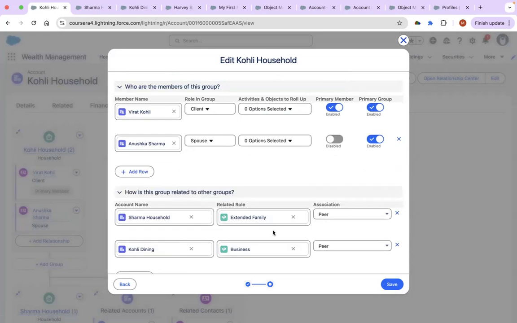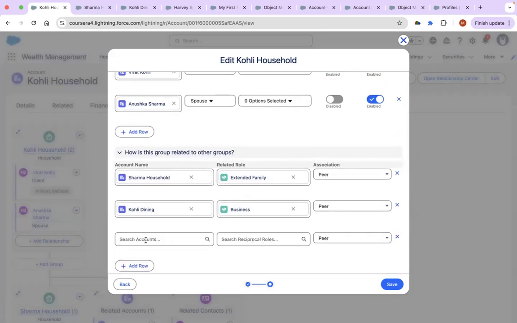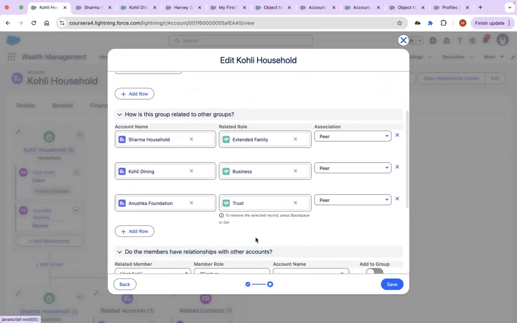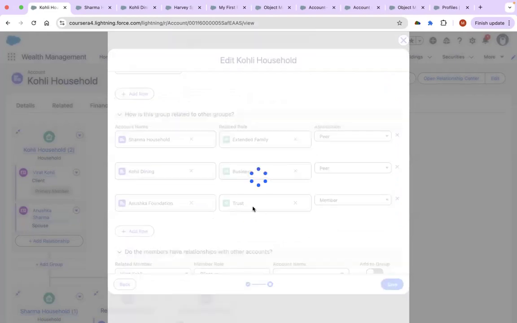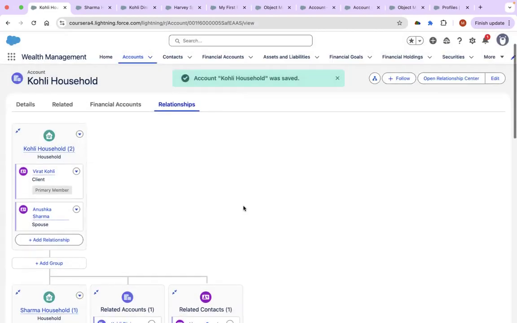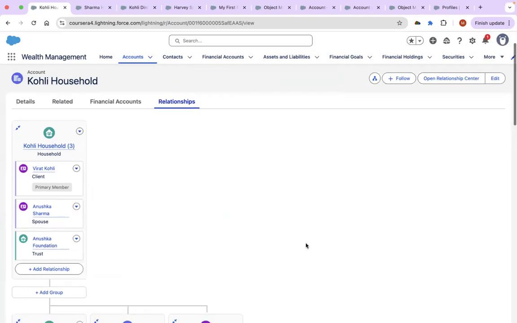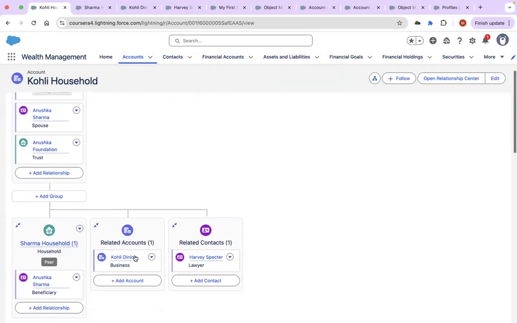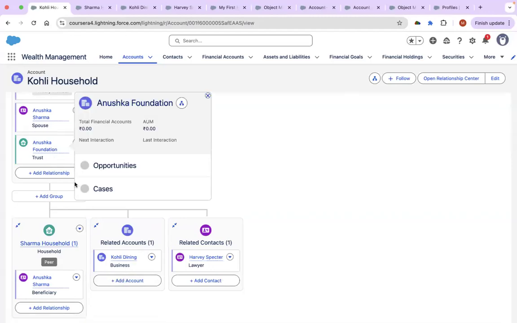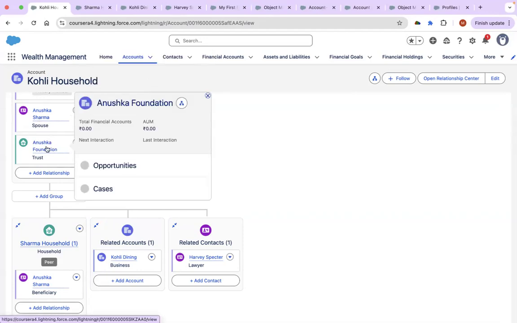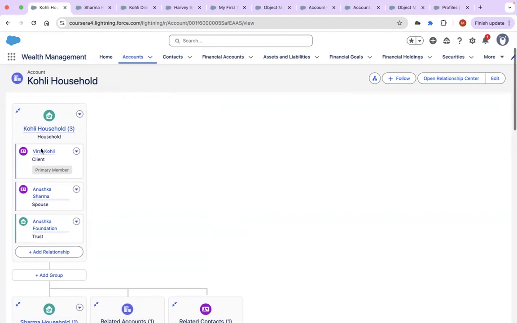I have another way to do this. Anushka Foundation, and it's a trust. Instead of peer, if I select member and save it, it will come here as a member. So we'll have to go to related accounts and then add it, and then select a different type. Instead of peer, it will be member or family, and then it will come to the family